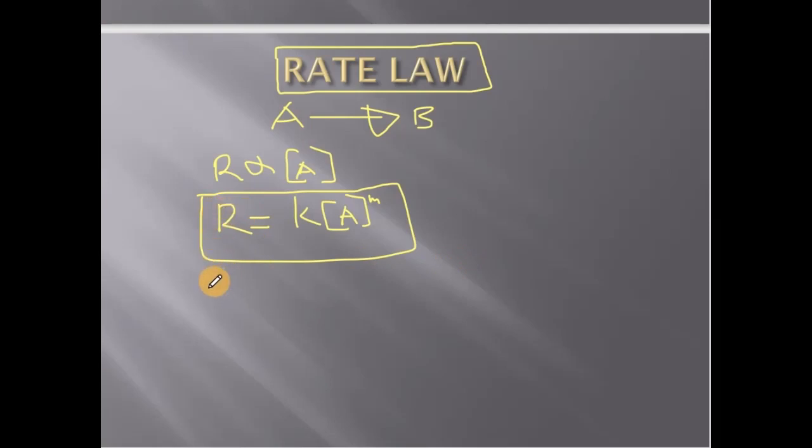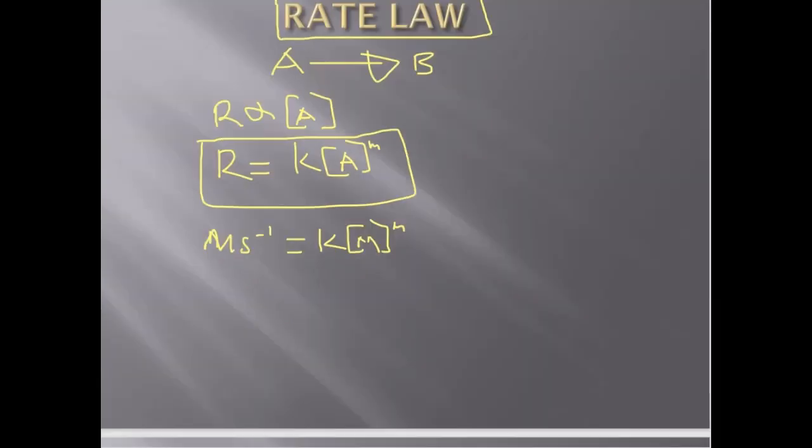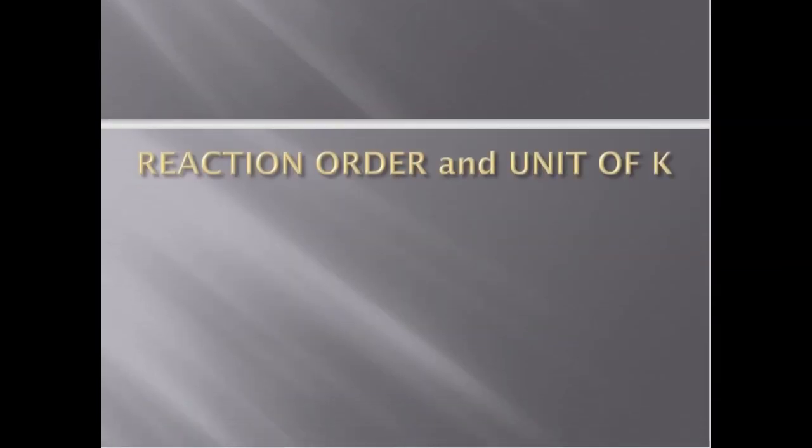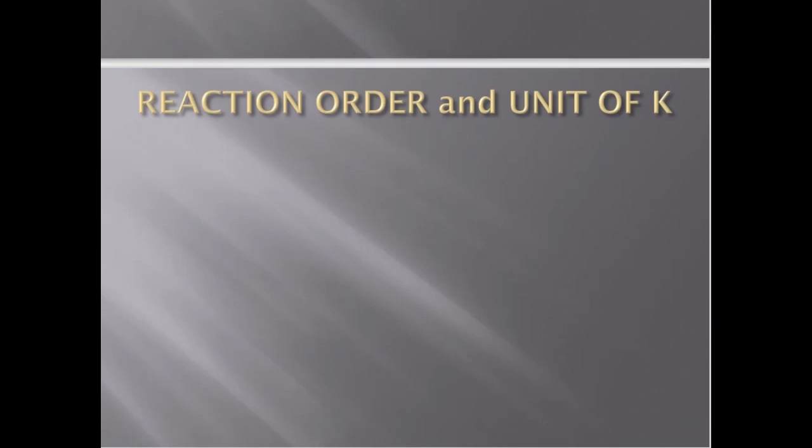So we can say that the unit of the rate is molar per second. Then we can have K, then the unit of the A is what? Molar, because it is concentration. M. So this means that the value here, or the order of the reaction, will determine how the unit of K will be. So this is just a brief explanation. Let's look at the reaction order in detail and how to derive the unit of the